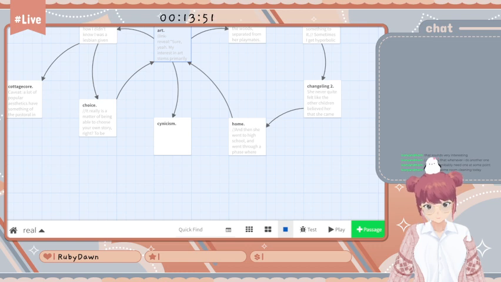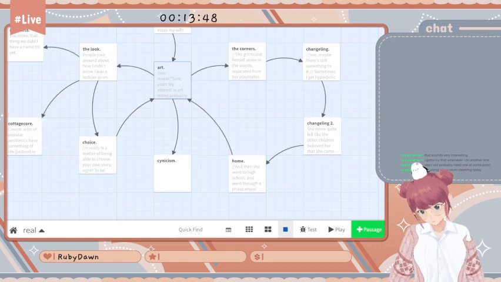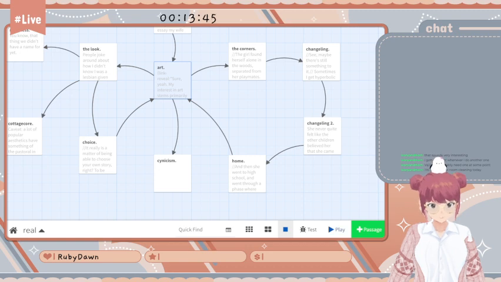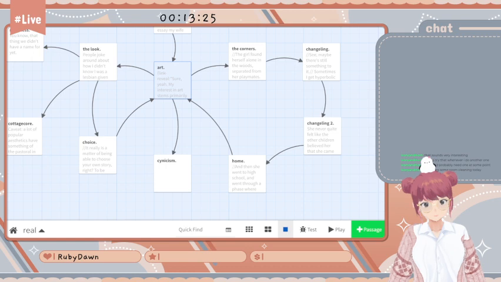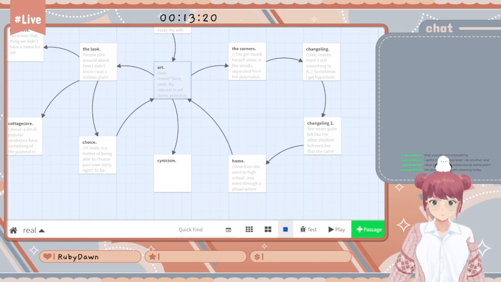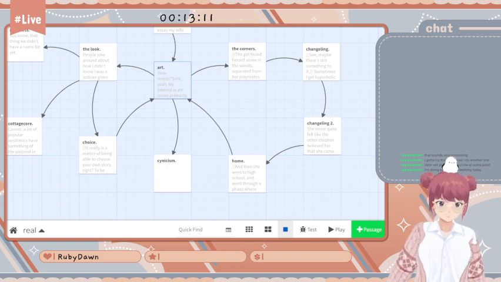Why doesn't scrolling in this application work properly? Heck. Actually, why doesn't two-fingered scrolling work on... Is it...